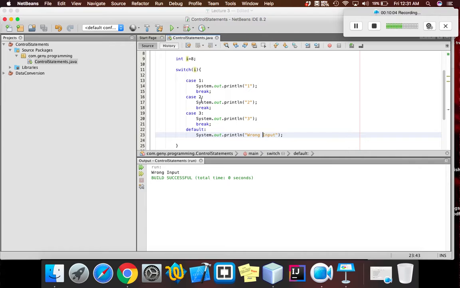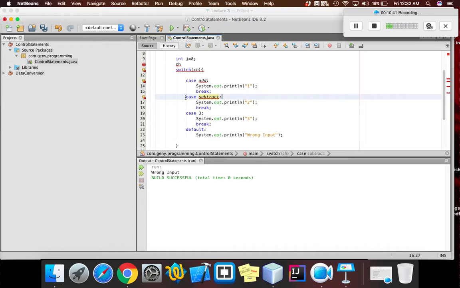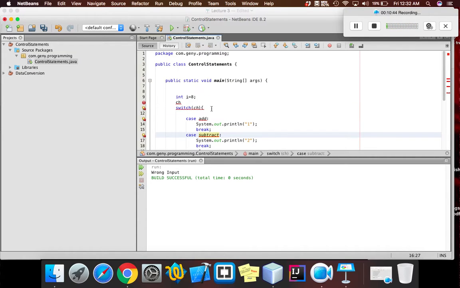One thing to keep in mind here is that this doesn't always need to be an integer. We can keep this as a string. Suppose, just as an example, I can take an input ch here, and I'll write it as ch. I'll put ch as a string, and suppose I'm making a calculator, so I'll ask the user to input either add or subtract. If the user puts the ch value as add, then this case will be executed, and if the user puts subtract, then this case will be executed. So this is how switch case works,